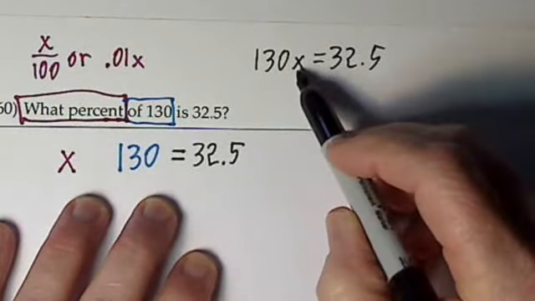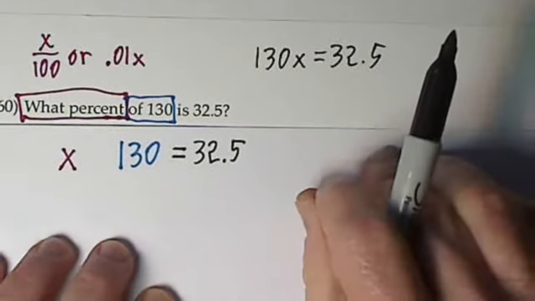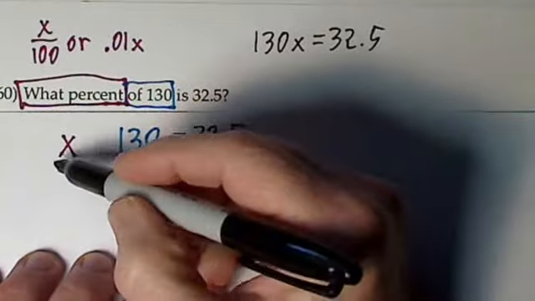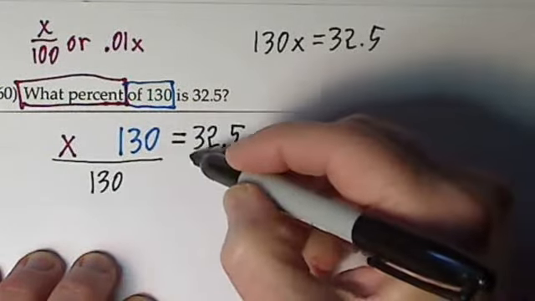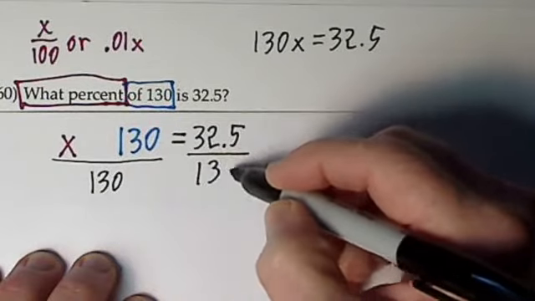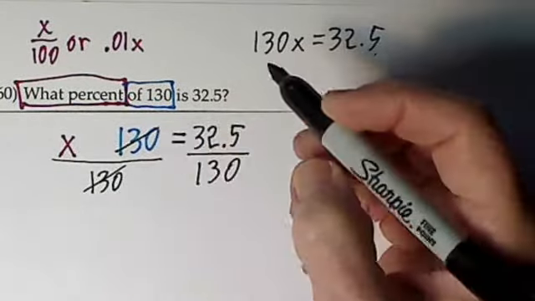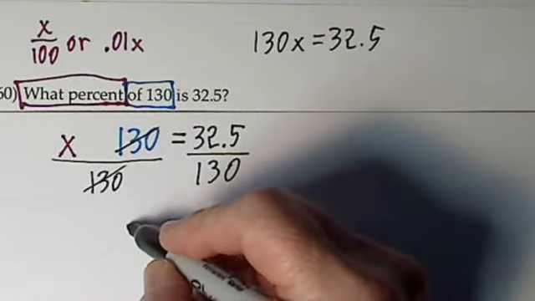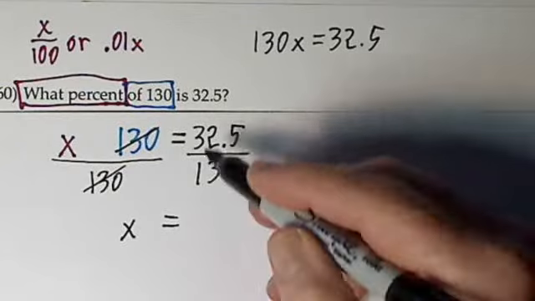And how would you get x by itself? You would divide each side by 130. So I'm going to divide by 130 and divide by 130. Over here they canceled out, as they always do. So I have x equals